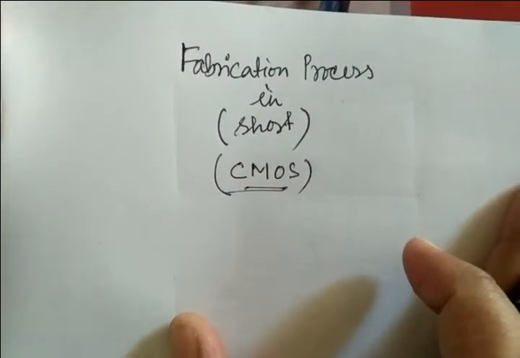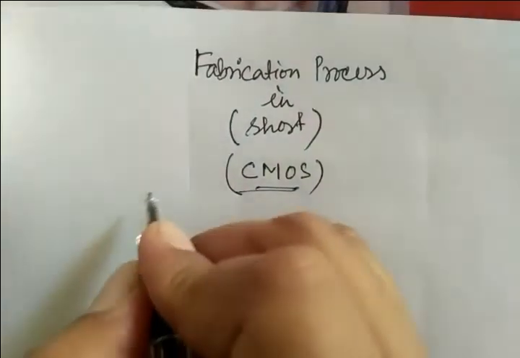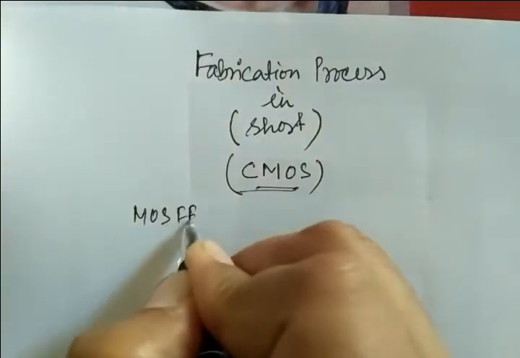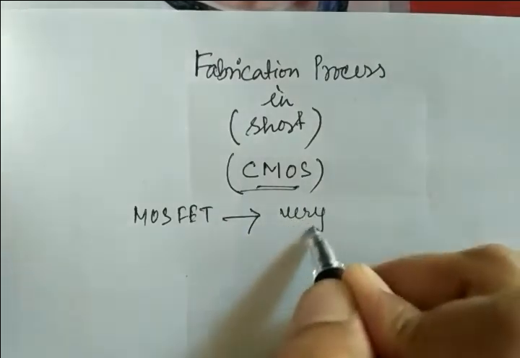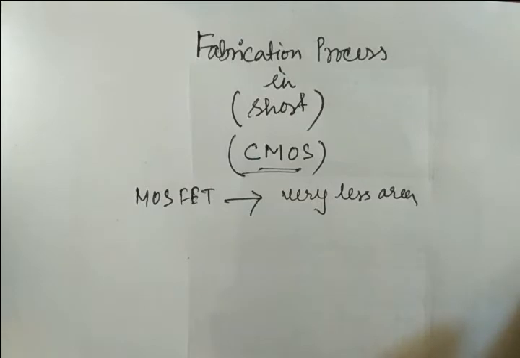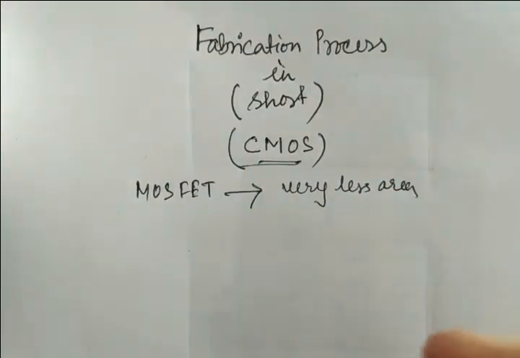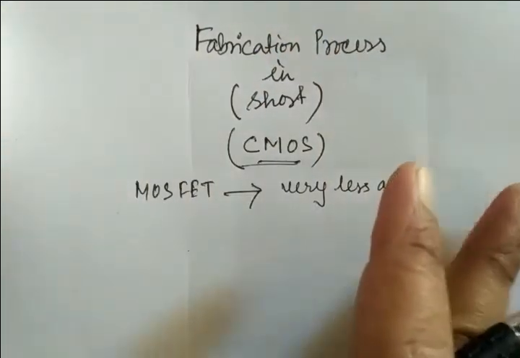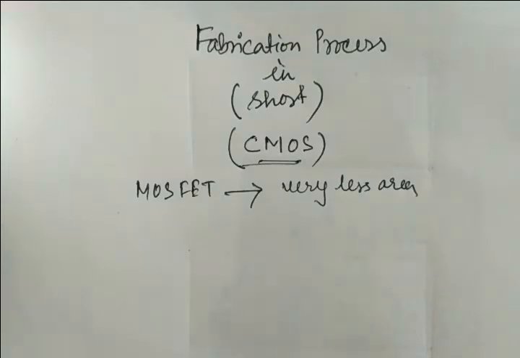Once again, this is another important concept: the MOSFET requires, a very important point that I have already discussed, a very small area. That's why CMOS is chosen. Okay, and because of this simple design, MOSFET is widely used as a switching device in VLSI circuits, because we all know that MOSFET acts as a switch. Okay, and this is a 1 or 0.